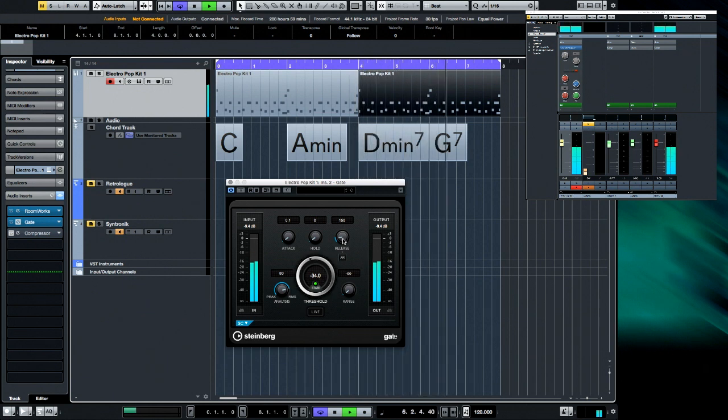The release is like how quickly does that gate shut? So we leave it open longer, the gate is going to be open longer and everything's going to start to wash together again. If I start to bring the release down very slowly, I can have a bit of greater control over how much of that reverb tail